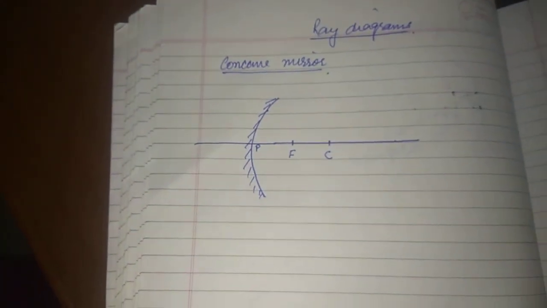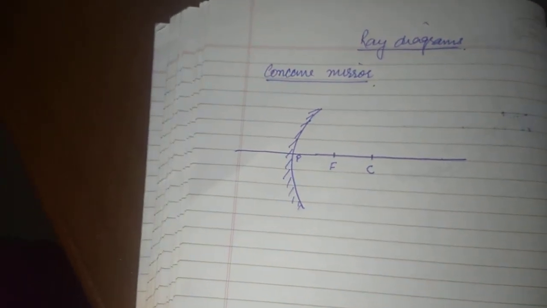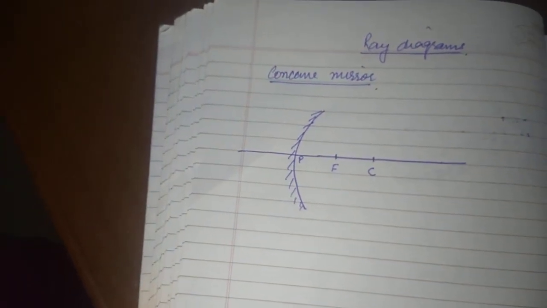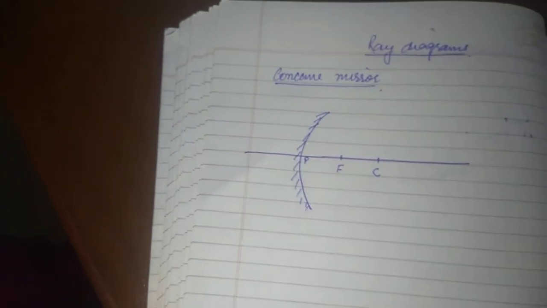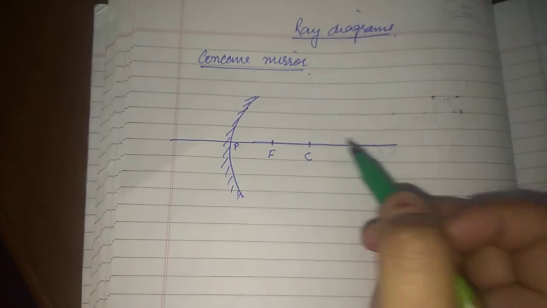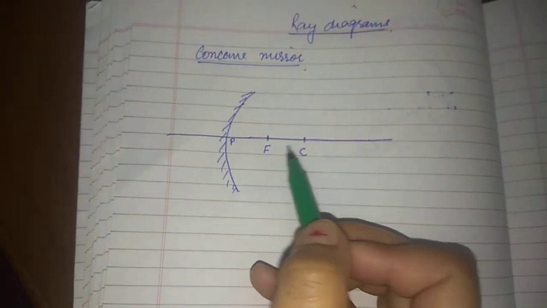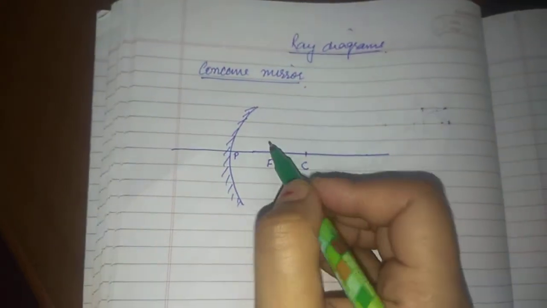So how can we draw the normal in case of spherical mirrors? This is one of the techniques of drawing the normal. You have to simply join the point on the spherical mirror with the center of curvature. We'll discuss 6 cases. I hope all the terms are clear here. And let us consider the first case.